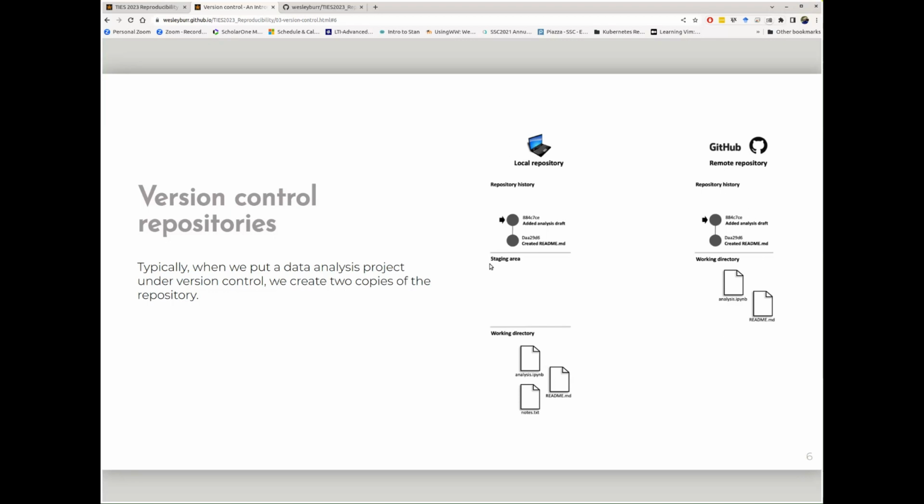Now, the local version is at the same stage of tracking, but in the working directory here, we have a third file called notes.txt, and the notes.txt is not being tracked. So the neat thing about version control is you don't have to track everything. You can have a file in your directory which is enormous or is just like rough work or something, and you don't track that. You don't care if that disappears. Like, again, my analogy, I break into your house with a baseball bat and beat your computer to death in front of you. If you lose that file, you don't care. And so it's not tracked.